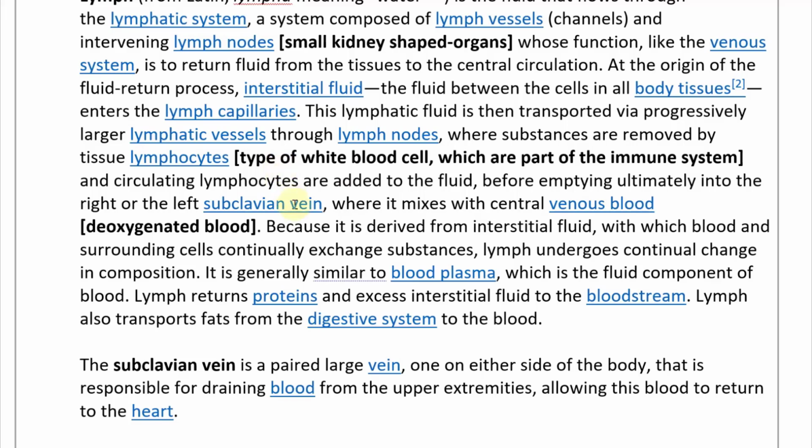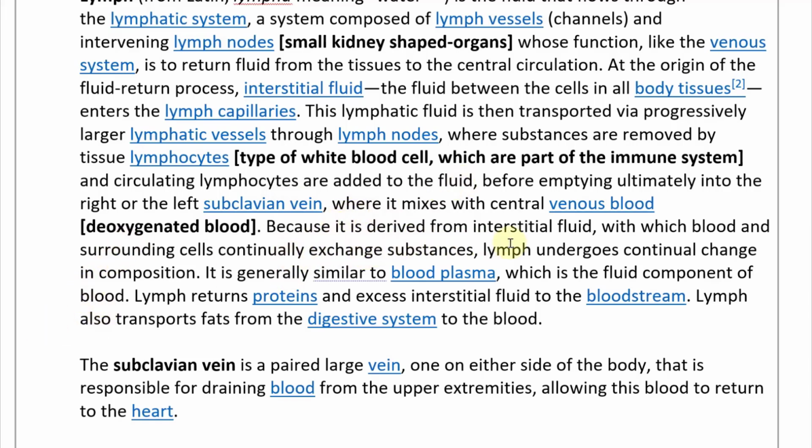subclavian vein, where it mixes with central venous blood, or deoxygenated blood. So basically it goes into the vein, which is where the deoxygenated blood goes back